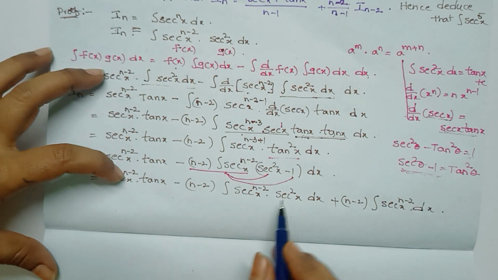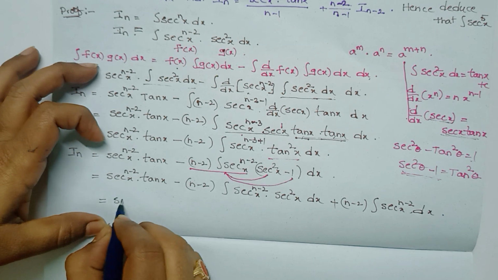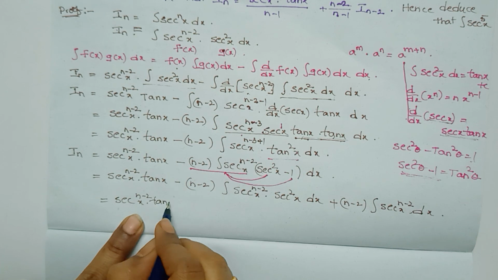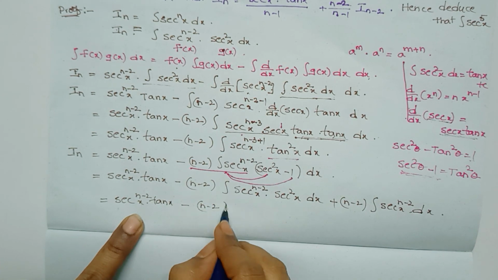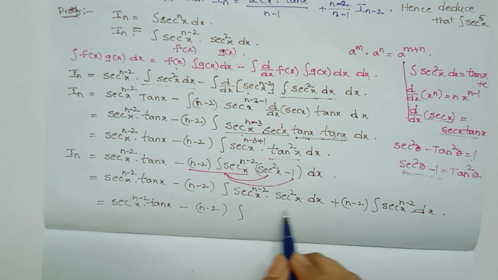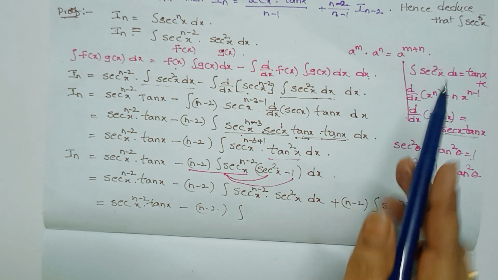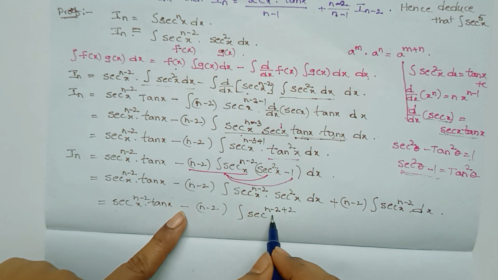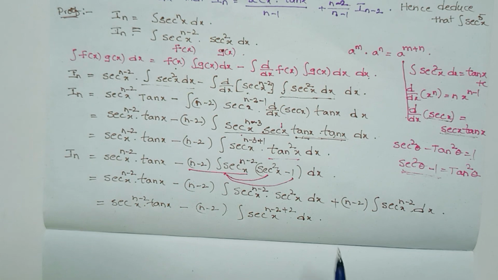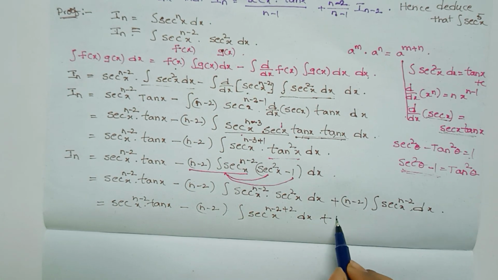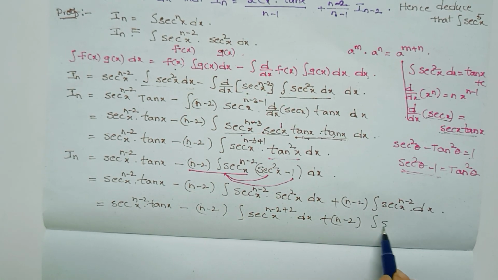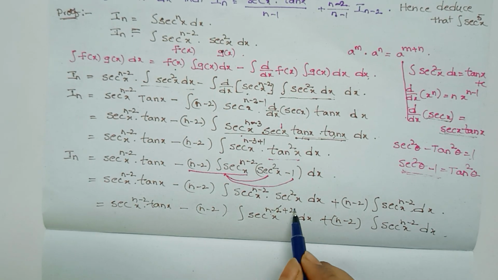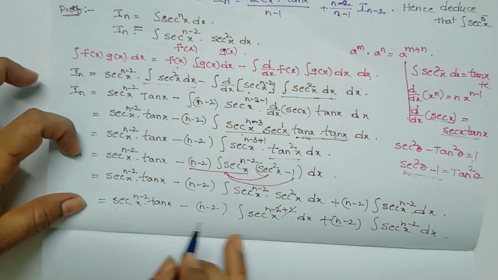Okay. That is secant power n minus 2x into tan x minus n minus 2 into, this is a power m into a power n. Already we have the formula a power m plus n. Secant power n minus 2 plus 2 whole x dx. Plus n minus 2 into, this is secant power n minus 2x dx. Minus 2 plus 2 cancel అయిపోతుంది. ఇంకేం మిగులుతుంది,